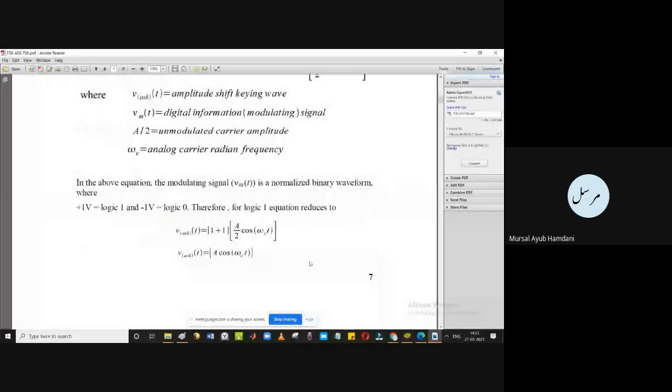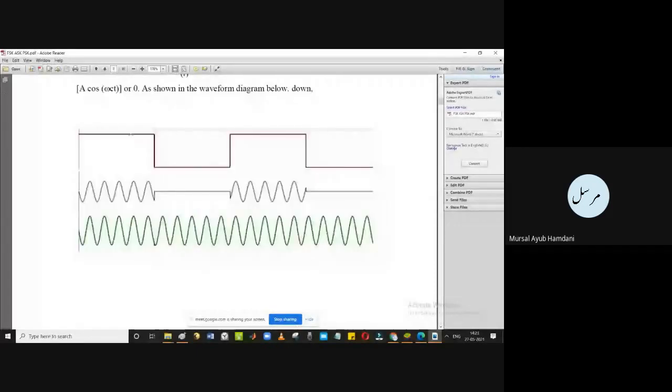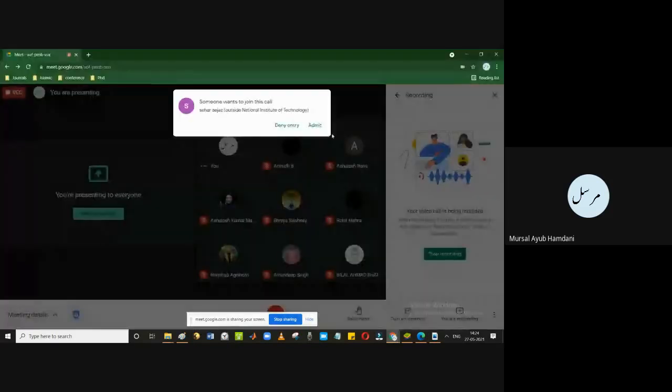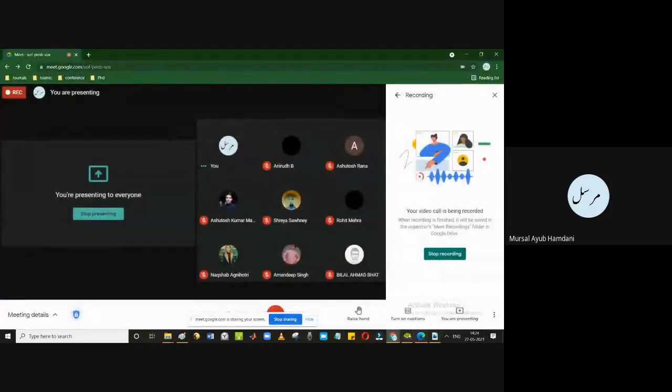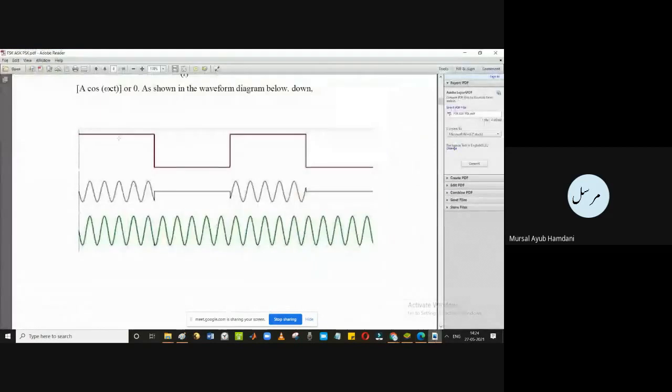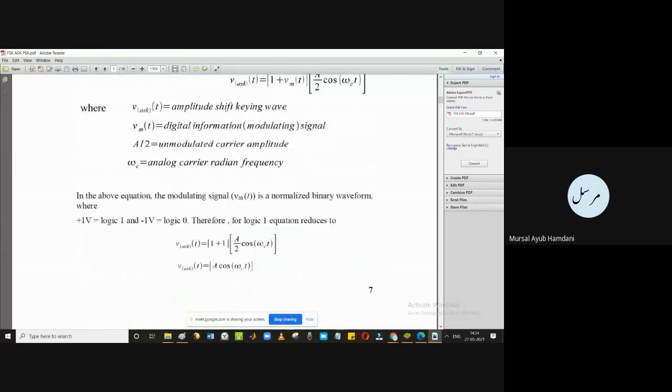We have the message signal. Okay, we have the message signal as the pulse. You can see digital stream 0101, and then at the bottom we have this carrier, and the carrier is kept exactly as such for the time the pulse is 1, and when it is 0, nothing passes. Okay, so mathematically this is how it comes about.